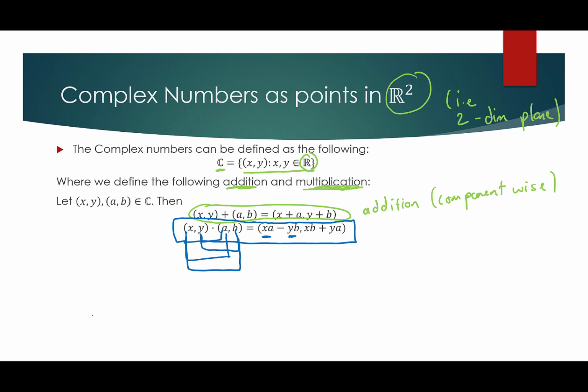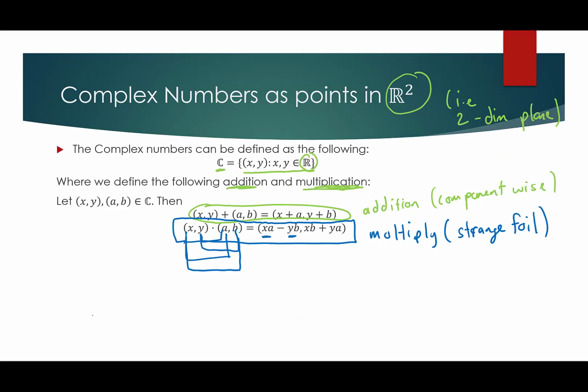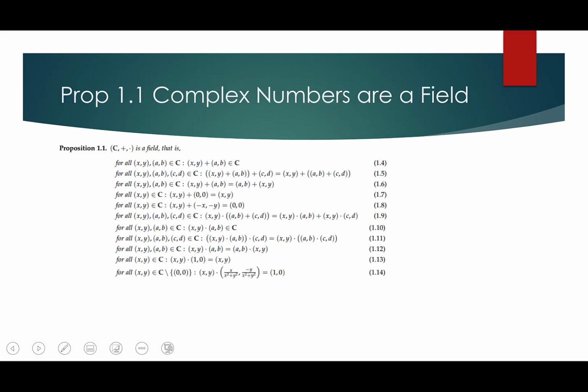Now we'll see why we're defining multiplication like this in this strange way when we talk about our other representations, but this is how we're multiplying complex numbers in tuple form here. So it's like a strange FOIL. And by FOIL, I mean the algebra FOIL that we had back in, I don't know, algebra class, long time ago.